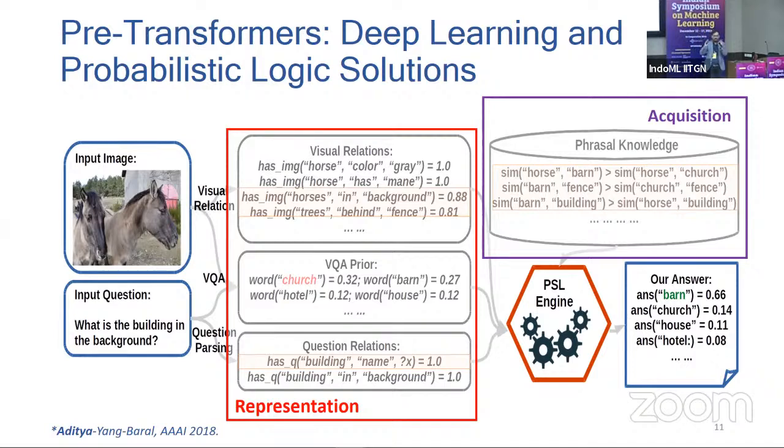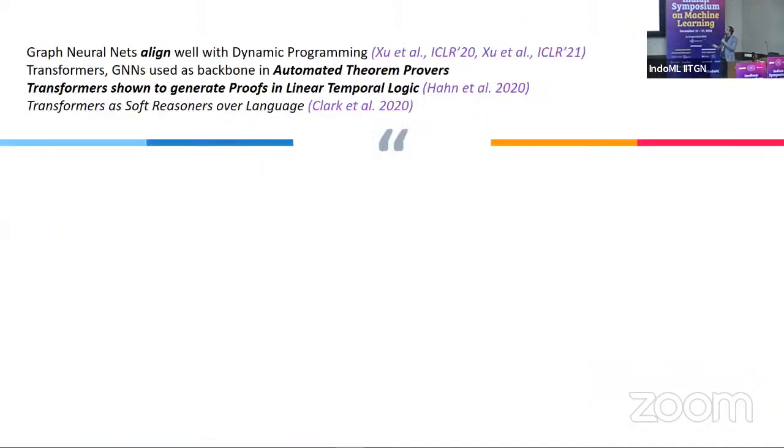Let's say, I'm not going into the details of that. We reason out the answer, right? This is what we used to do. We used to have a pipeline of first deep neural net predictions, refine them using some logic, and get the answer. But things changed. Things changed in 2020, 2021, because we understood that these transformers and graph neural nets are